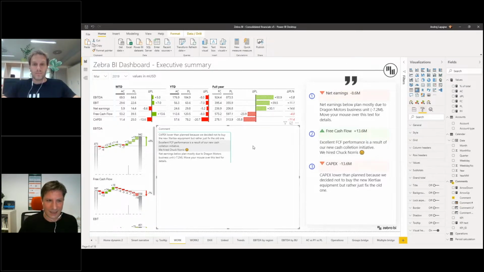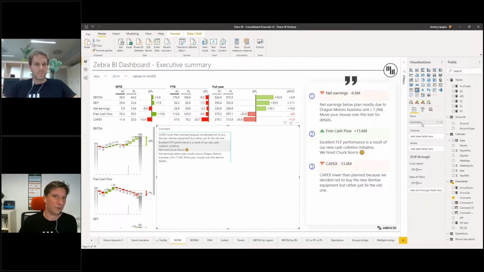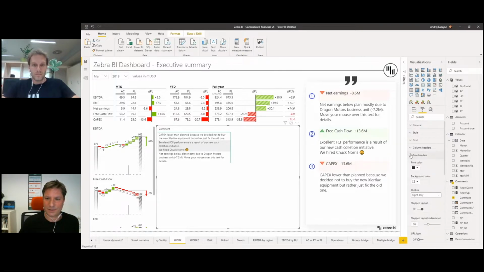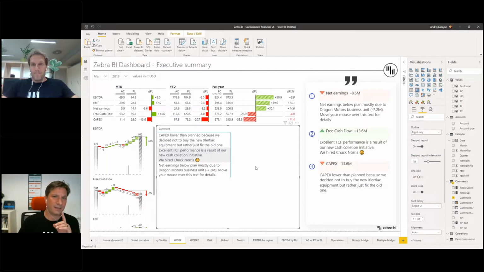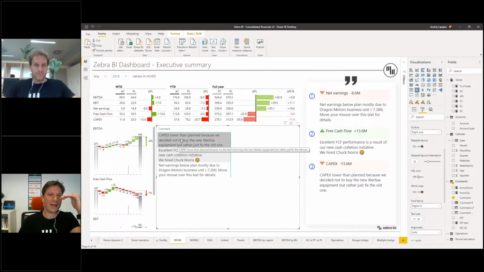So first of all, in my matrix, comments are my rows at the moment. So let's make the row headers slightly bigger. The first thing that I did here is, as you will see, the comments don't have enough space. Now the matrix visual does allow you to add a little bit more space between the rows, but what I did here is